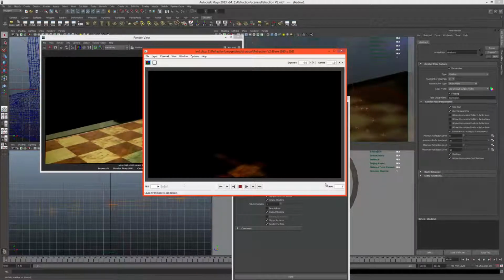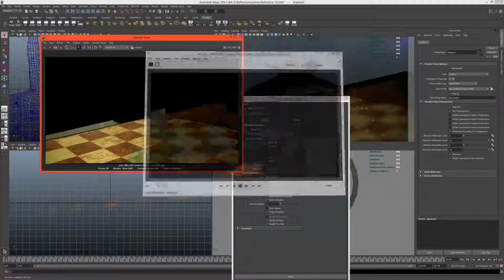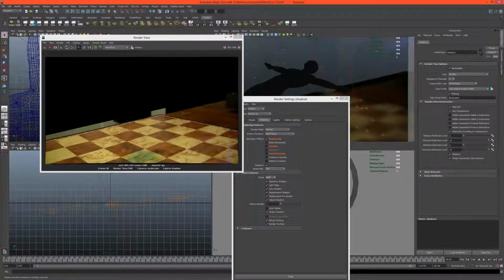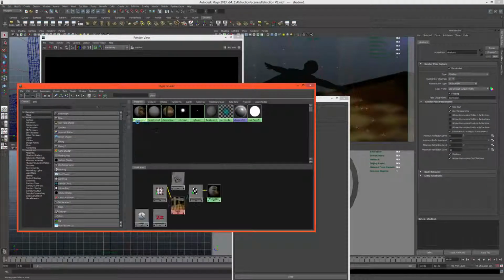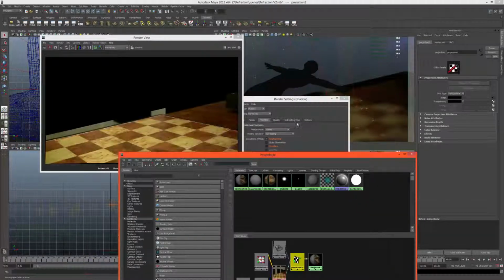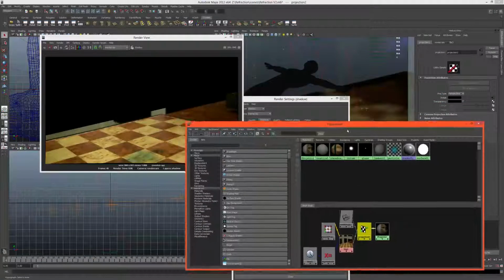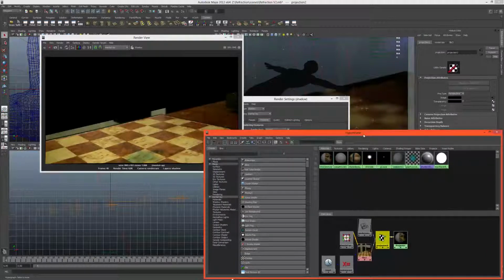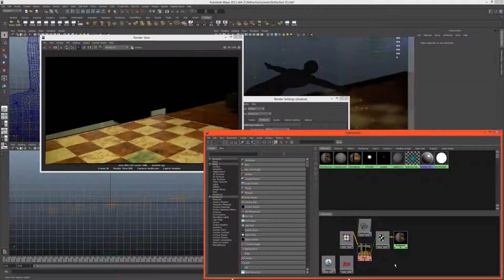But there is a slight problem, and the problem is that if we have a look in our hypershade and in our projector, this projection node is actually slightly inaccurate, and the method that we're going to be using to composite the shadow render layer requires 100% accuracy, so this projection node isn't going to work for us. So what we need to do is swap this out for the camera map node, which is actually hidden by